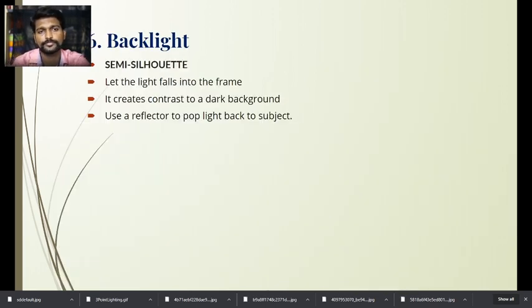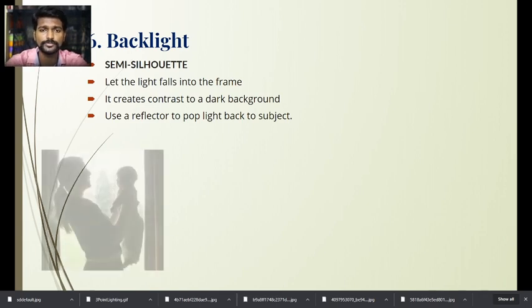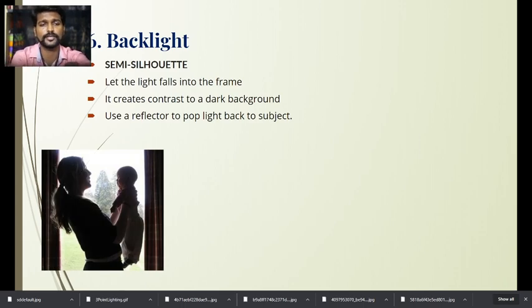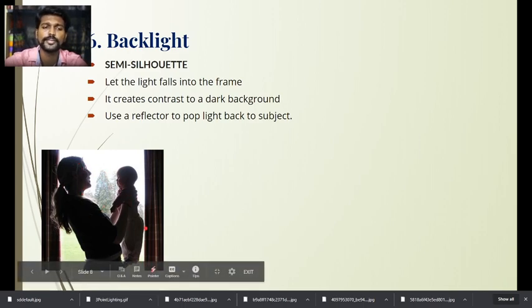Next, backlight. So backlight I already told you, we saw in the 3-point lighting: key light, fill light and backlight. So backlight is also called a semi silhouette. I show you an example. So this is a backlight. I hope you all remember that I showed you an example for silhouette. So this is a semi silhouette, whereas we can see the subject through the backlight. Okay, we don't have any light for the subject, only the backlight shows the subject.